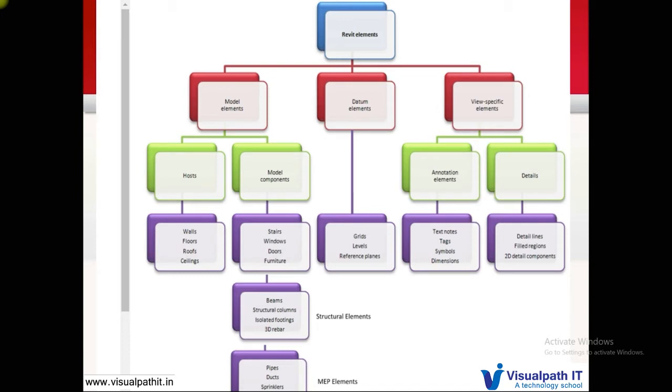And for details, you may need to hatch it. So I told you, for 2D purposes, you need not go for AutoCAD. You can use Revit as a 2D tool also. You need not specifically install AutoCAD. So you can do minimal 2D work here, which will cover most of your usage of 2D. So they will have filled regions. 2D components will be there, a door symbol will be there, then detail lines, line, arc, circle, all these things are readily available in Revit also. So they are called detail elements.